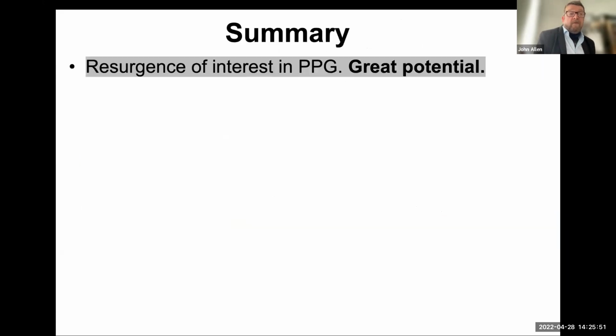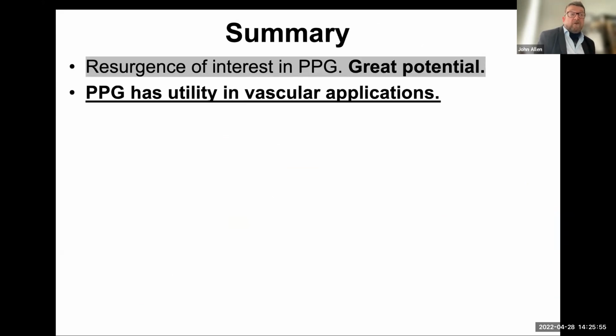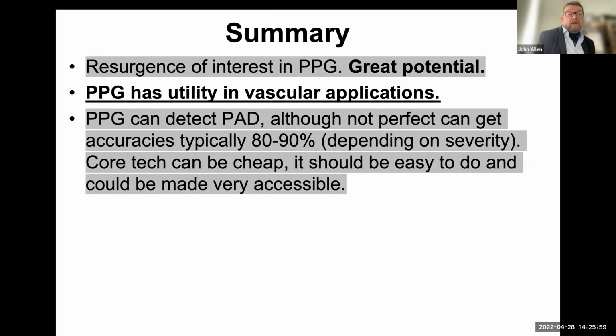So in summary, there's been a resurgence of interest in PPG. It has great potential and utility in vascular applications. PPG can detect PAD. It's not perfect and gives accuracy of, say, 80 to 90%, depending on disease severity. The key thing is the core technology can be very cheap. It should be easy to do, and it could be made very